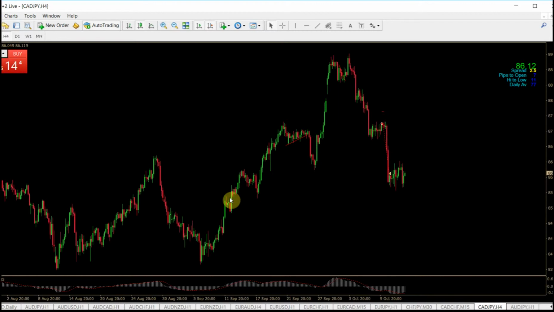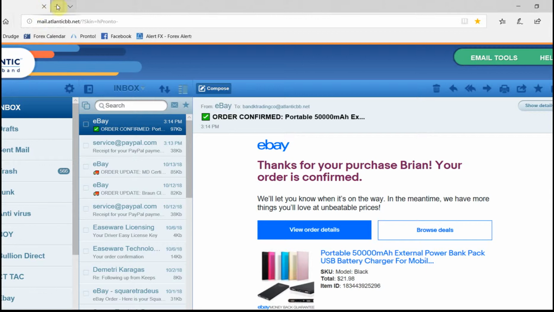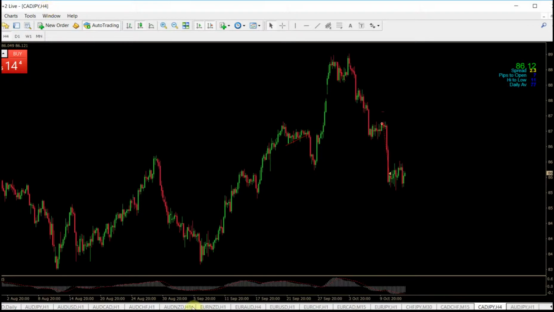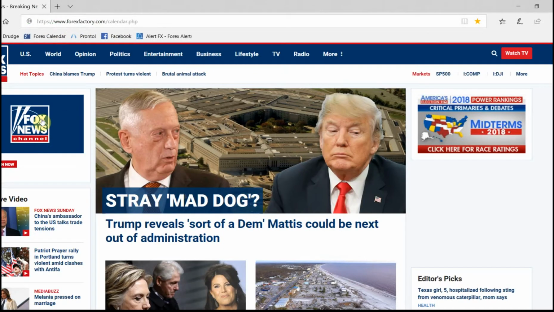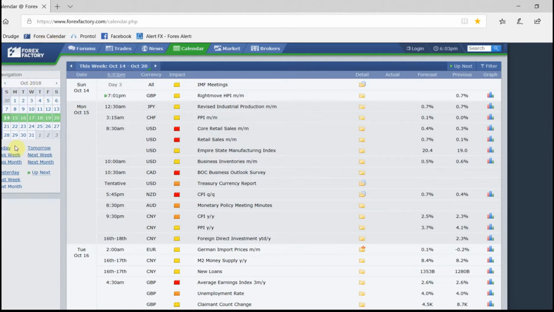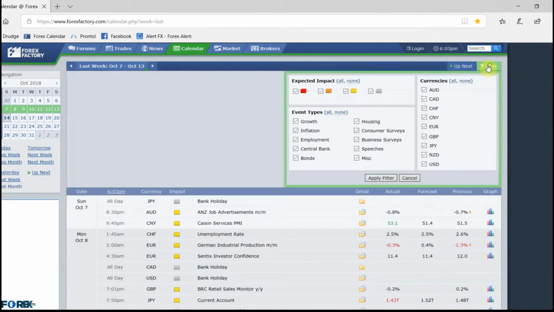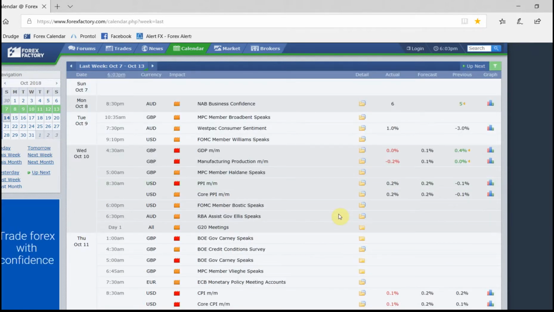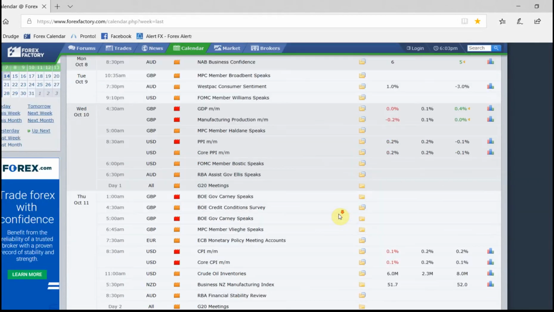So we're gonna look at 4 trades here. I already have them drawn up on my chart here. So this is the Canadian yen, and the thing I wanted to do here is go to my Forex calendar from last week, and I should have done that. Okay. And let's just put the filter on here. So this was last week,